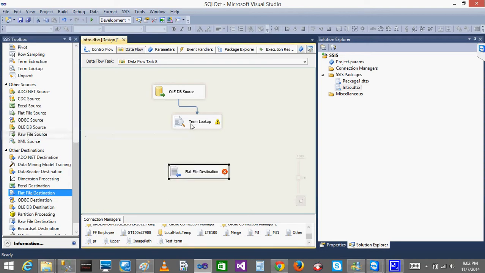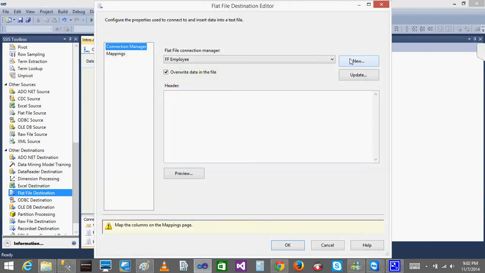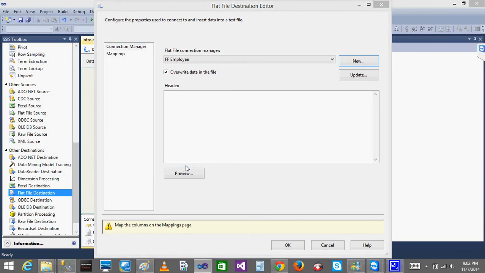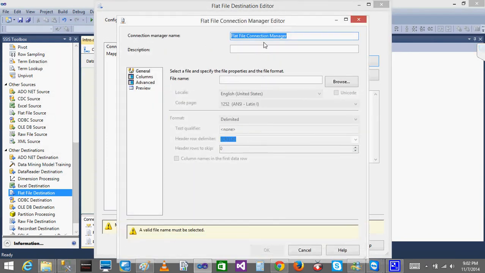Drag and drop the flat file destination. I'll connect a new one. Okay, new one. I'm not sure what is the error, so let's say test.